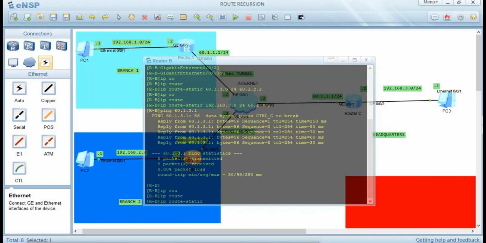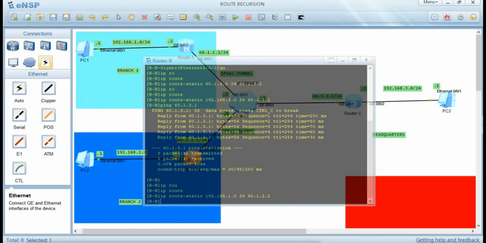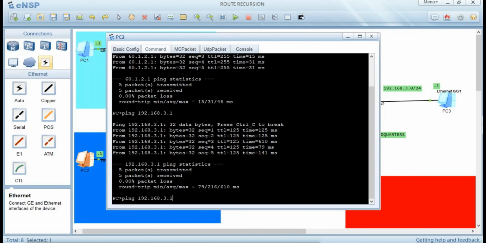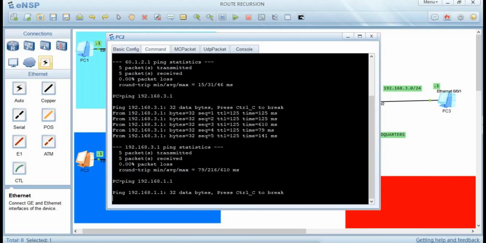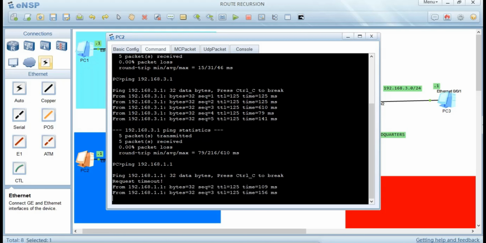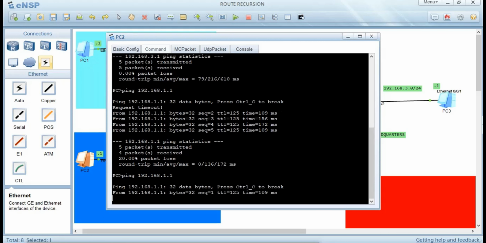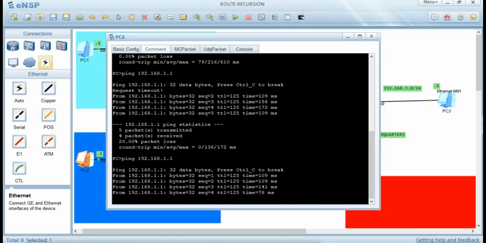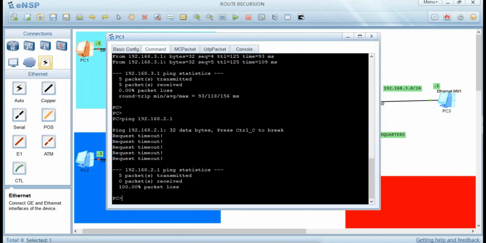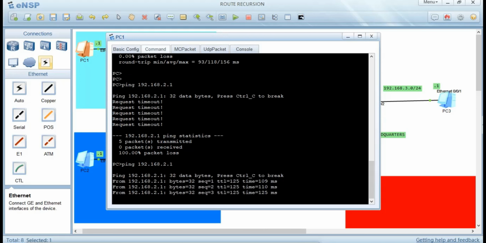So IP route static, network of 192.168.1.0, a mask of 24. Then our next hop will be 60.1.2.2. So now let's try and see if we can ping that network of 1. It's now able to go through. So if we ping that network on branch 1, I should be able to send packets successfully with 0 packet loss. So also on PC1 here, can you ping the PC on branch 2? So ping 192.168.2.1, that is on PC2 on that branch. So meaning that all the routes